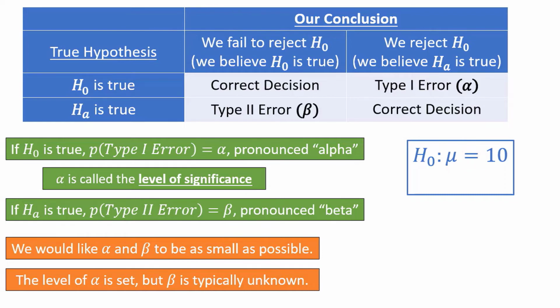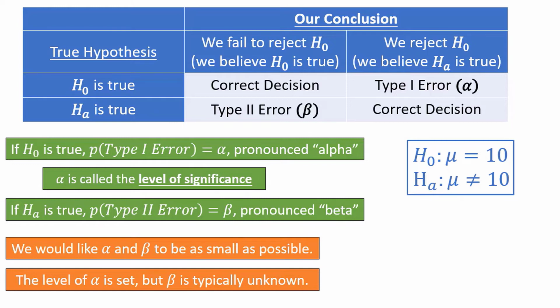But beta is the probability of failing to reject the null hypothesis when the alternative hypothesis is true. The alternative hypothesis carries with it an infinite number of possible distributions, such as mu is not equal to 10. If we conclude mu is not equal to 10, what is the true value for mu? We don't really know. We only know that it's likely different from 10. We need a specific value for the parameter in order to calculate beta, which is generally not possible under the alternative hypothesis. We can guess or calculate multiple possible betas for different possible values of the parameter consistent with the alternative hypothesis, but we can never know beta for sure.